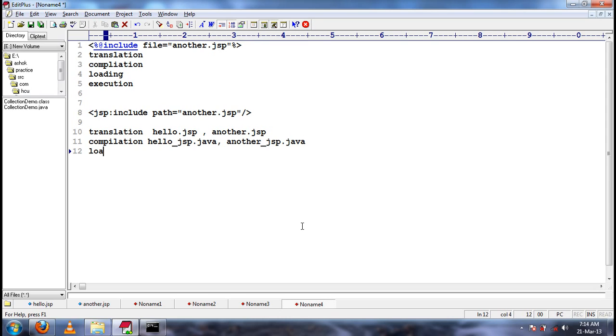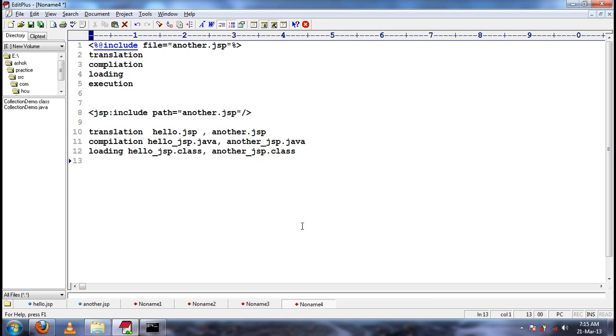will be compiled as separate entities. And at the time of loading also, hello_jsp.class and another_jsp.class will be loaded as separate entities.